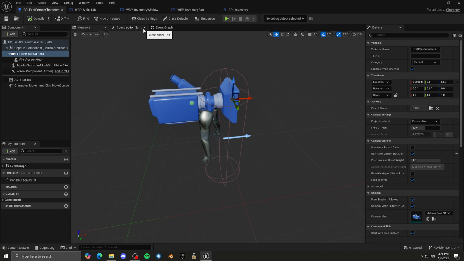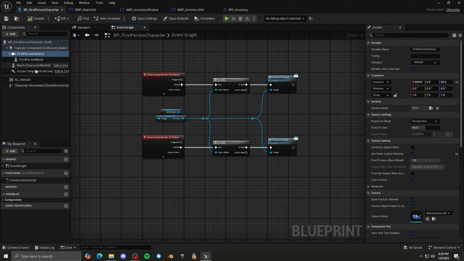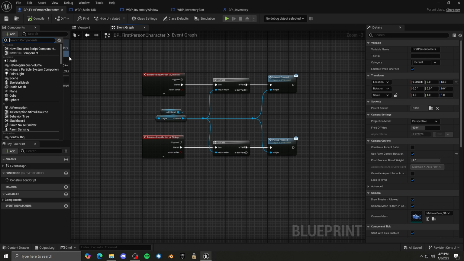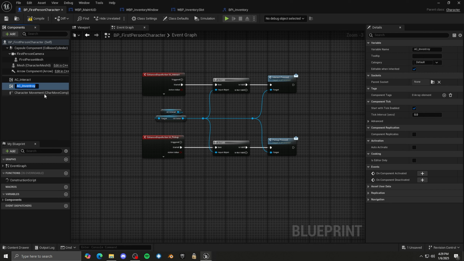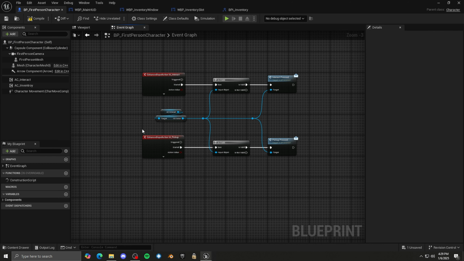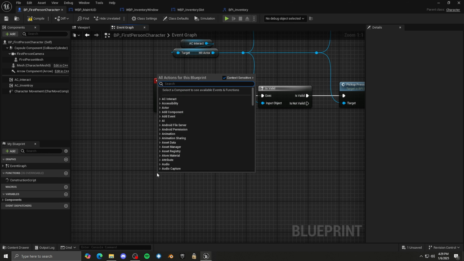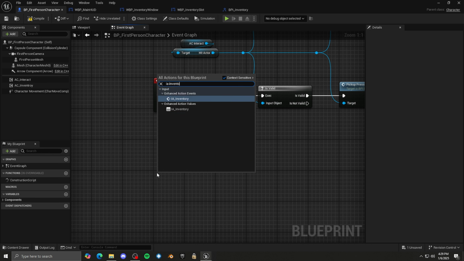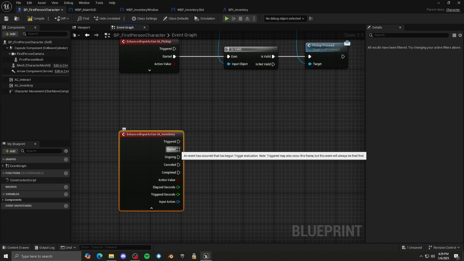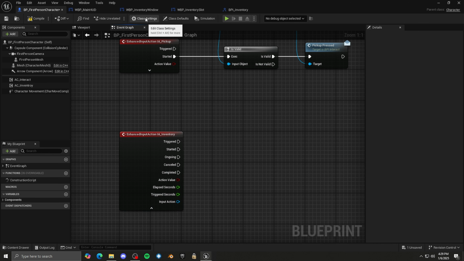And then I'm going to go to my player. And then we're going to add the inventory component we made. So I'm going to go to add AC inventory. So we have our inventory component added. So now I'm going to add the input action we made. So I'm going to go IA inventory, and then I'm going to come off of the started pin, and what I need to do is actually go